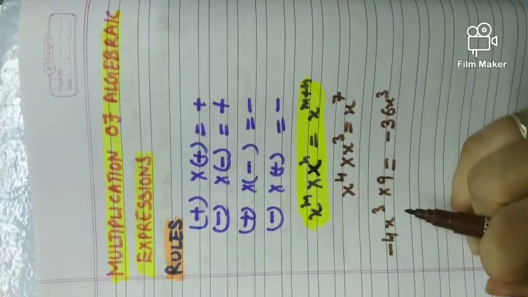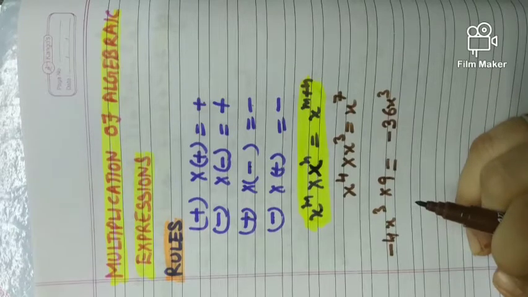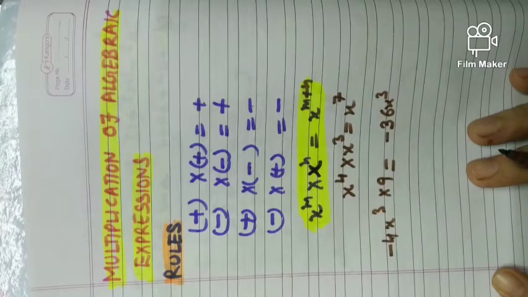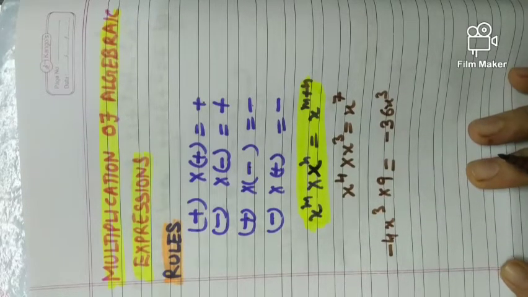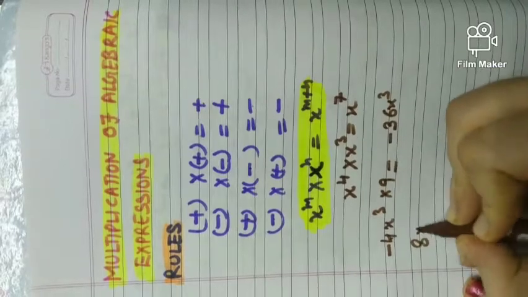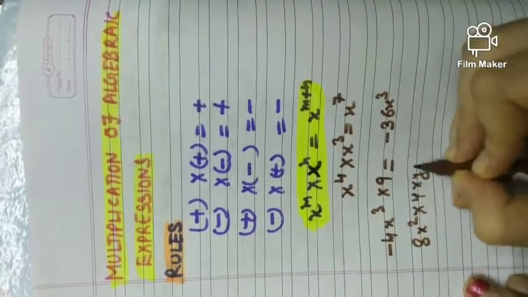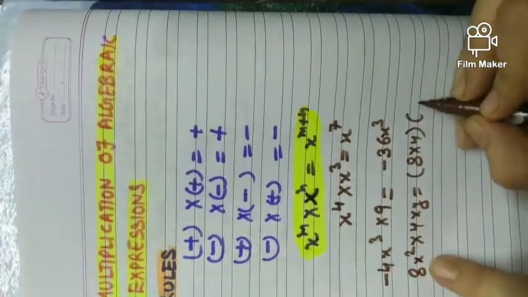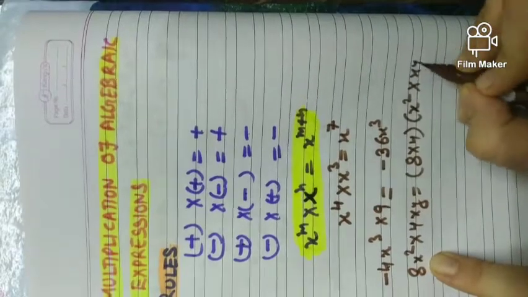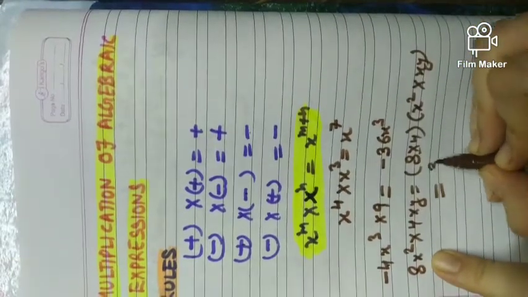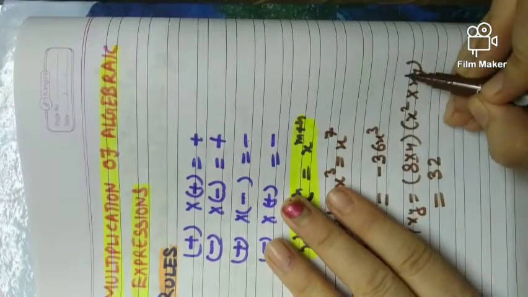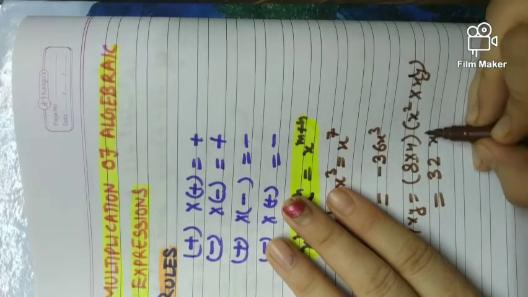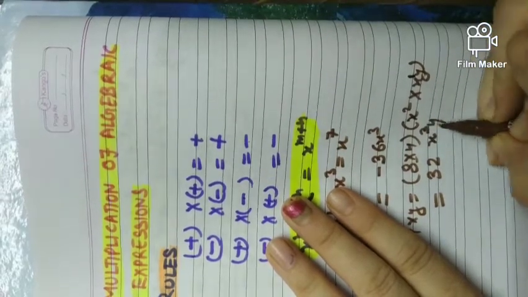Beta, now how to multiply monomials with monomials. So what we are going to do? We are going to take the product of their numerical coefficients and the product of their literal coefficients. Take the example like 8x square into 4xy. So what will I do? Multiply 8 with 4, constant with constant, and variable with variable, x square into xy. Now you see beta, 8 4s are 32. X square, base is the same. Here the power is 1, here 2. So base is the same, power will be added. So x square into x will become x cube. And this y will be written as it is.